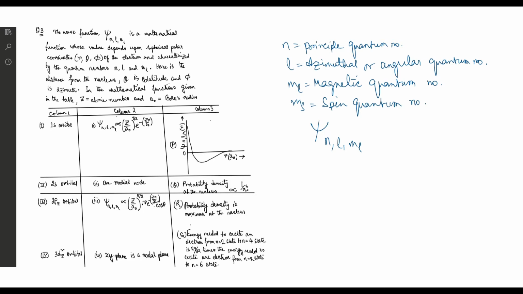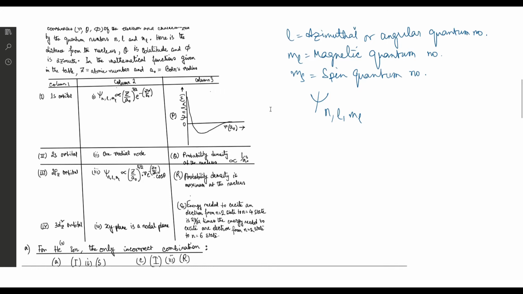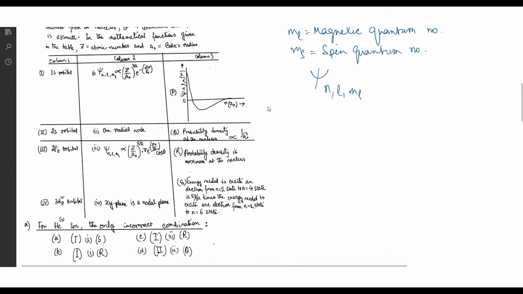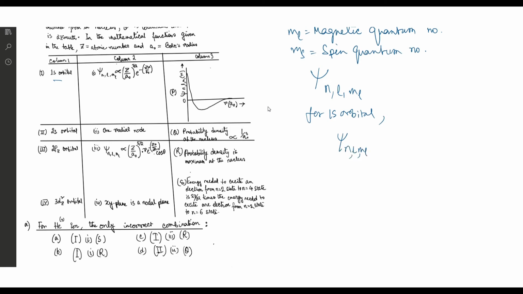Here r is the distance from the nucleus. Theta is co-latitude and phi is the azimuth. Okay, in the mathematical functions given in the table, Z is the atomic number and Bohr's radius, that is 0.53 Angstrom, is a0. So you have been given three columns. Column 1 for first 1s orbital, the expression is given as follows. What is this? For 1s orbital, psi n l m_l is directly proportional to (Z by a0) to the power 3 by 2 e to the power minus Zr by a0, right? It is given in column 2. See,